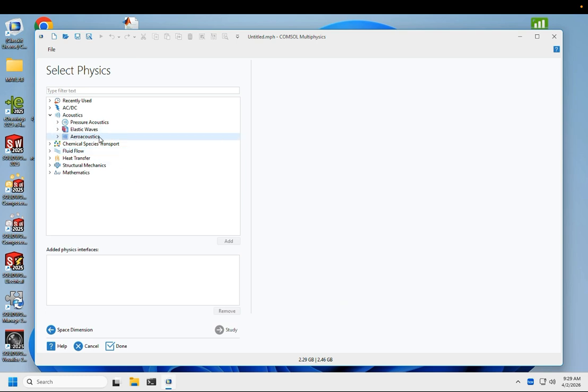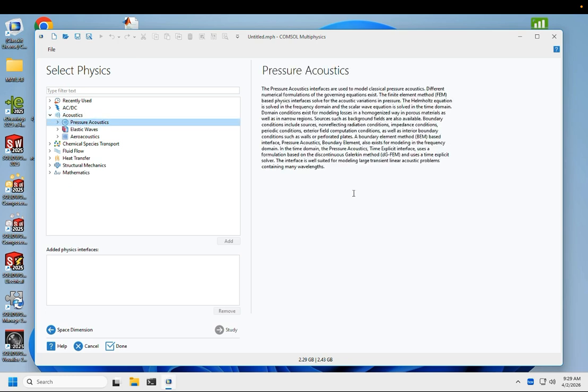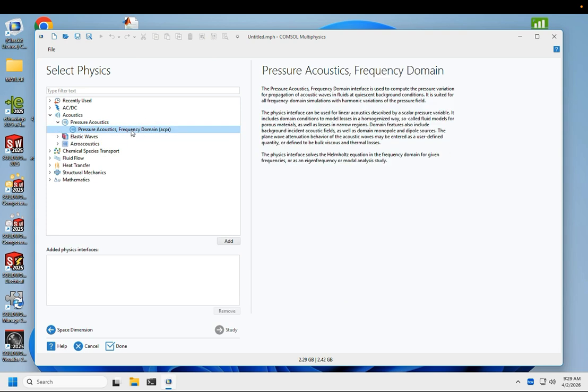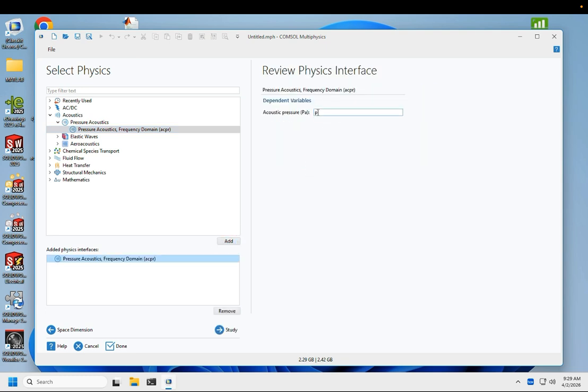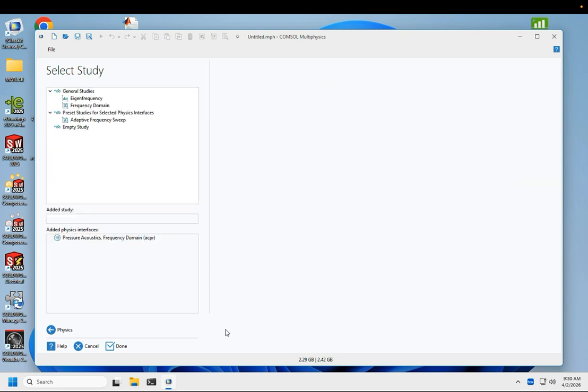Aeroacoustics implies high speeds. Elastic waves is not something we're going to deal with, so pressure acoustics sounds good. It'll explain here when you want to use it and when you don't. So that seems viable, and there's only one option. Let's do that, and you can see that the one dependent variable is the acoustic pressure. You'll also notice that ACPR is the name they use when talking about the